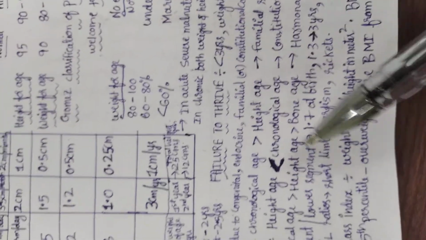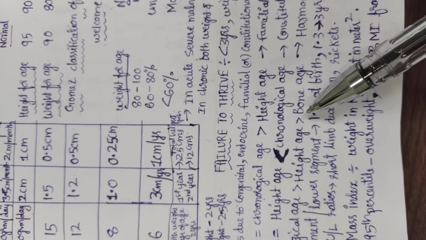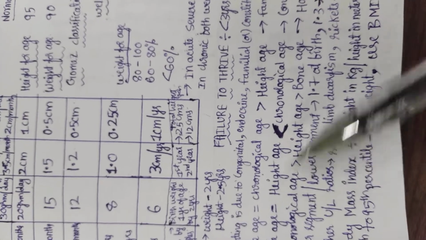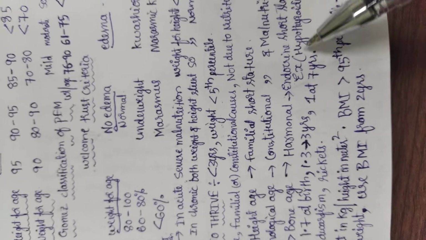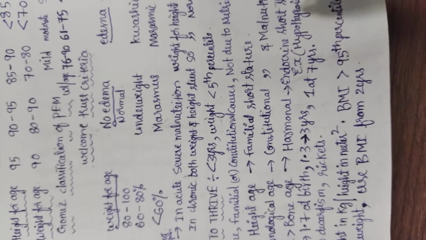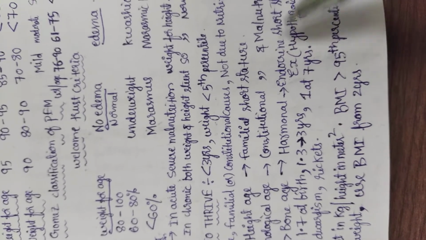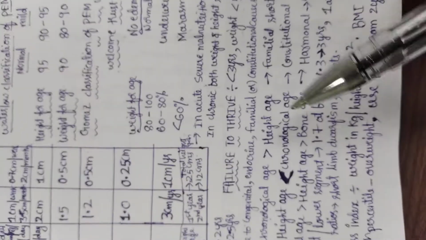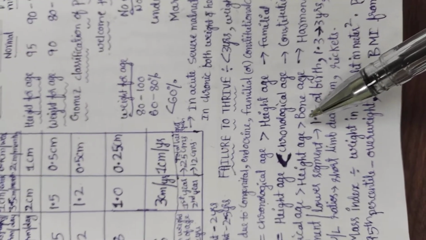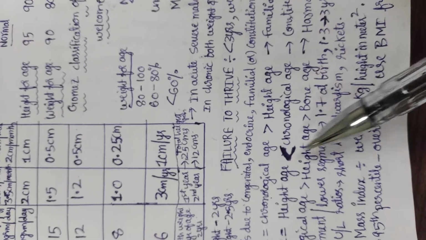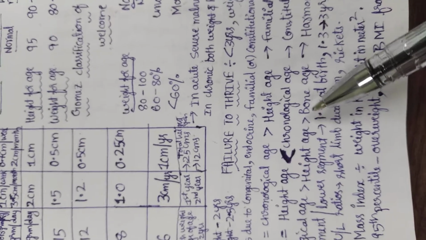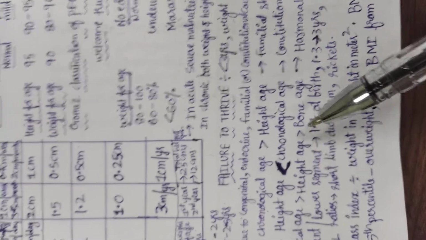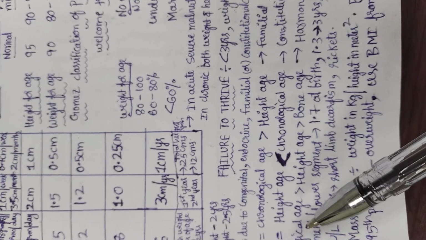In hormonal short stature, bone age is less than both height age and chronological age. Because in endocrine causes like hypothyroidism, bones are not matured and mineralization is not done. Like in rickets also, hypothyroidism and rickets, the bones are not matured. So if you see in the x-rays, bone age will be less than the height age and also chronological age. In hormonal causes, ossification is impaired, so bone age is less than both height age and chronological age.